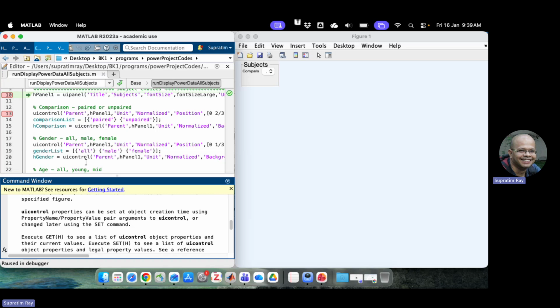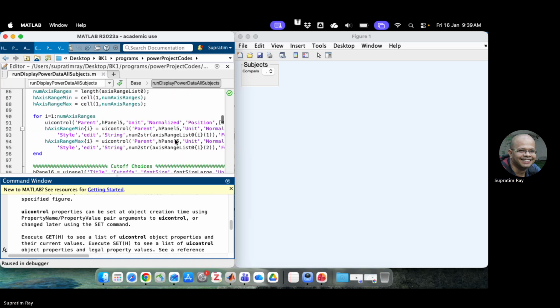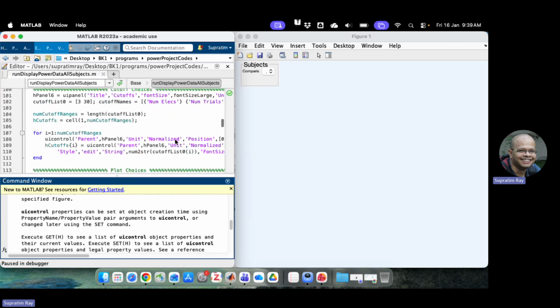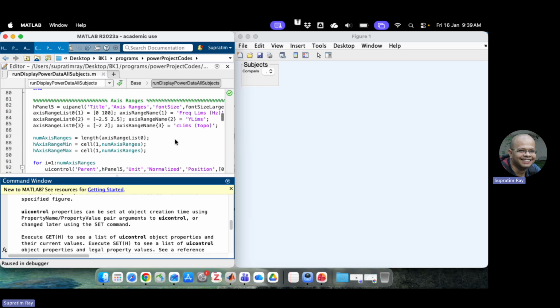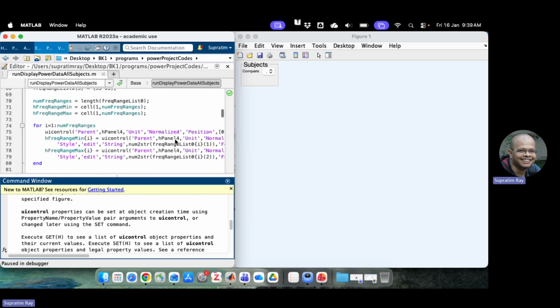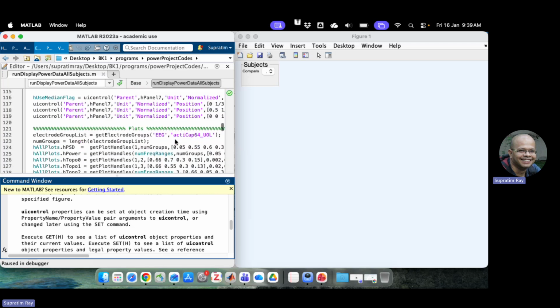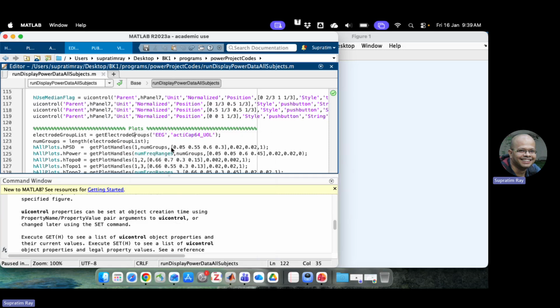So the more you practice, the more you get. It's very easy that way because all you have to do is just play around with it. Getting back to this thing here, I'm showing only, let me see, where was I? Cutoff ranges, electrode group. So there's a function called get electrode groups, which can give me